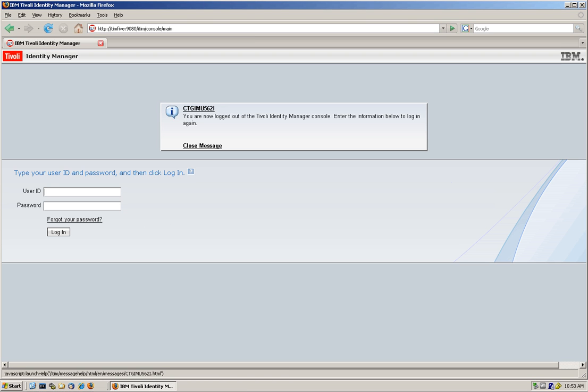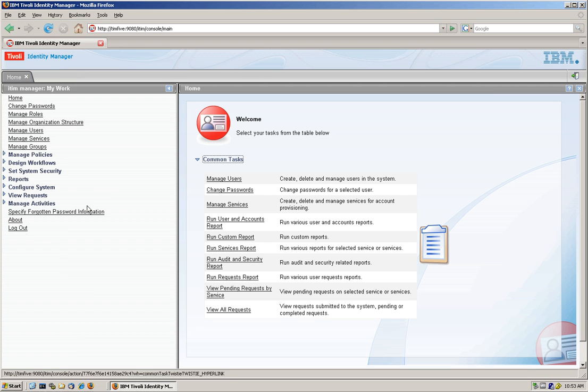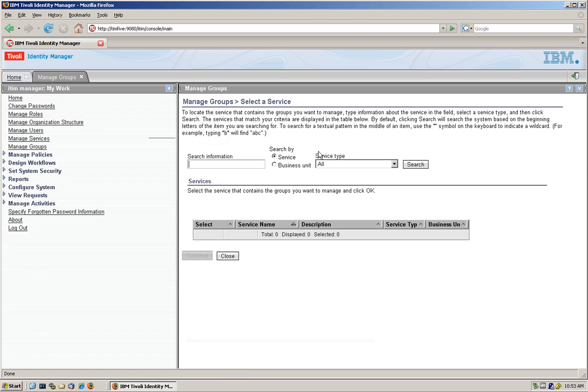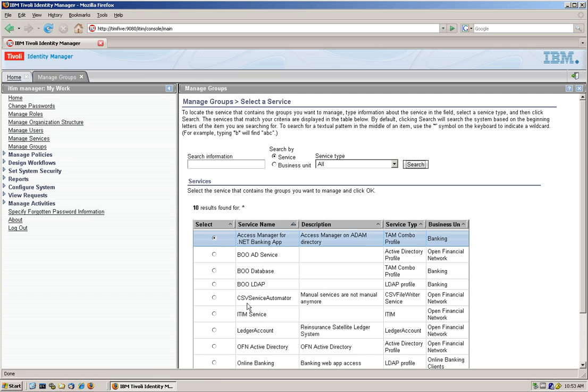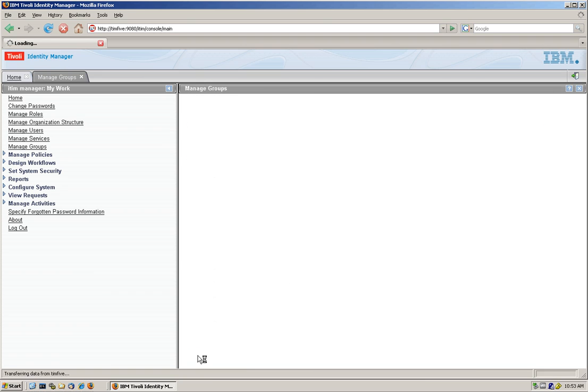Well, if we were to do this manually without any roles, we can actually just go and log in as an iTeam manager. And we will go into manage groups, and the system asks which service you want to manage groups for. So I click here search, and obviously it's iTeam. iTeam is a service on itself. So we click here continue,